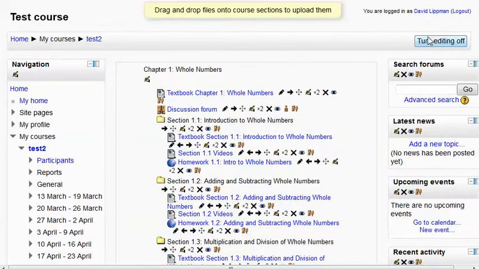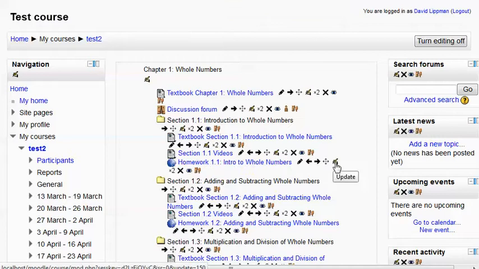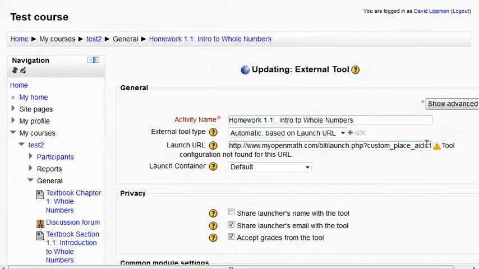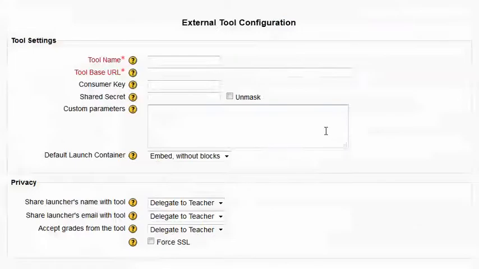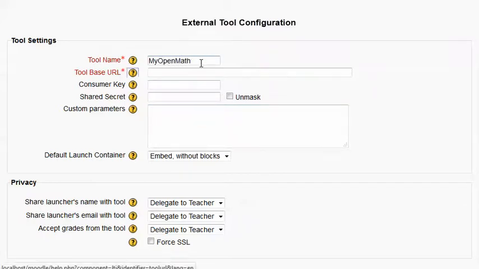So we'll go ahead and turn editing on. And then for one of these tools, we will click the little update icon. So notice it says tool configuration not found for this URL. And so under external tool type here, we'll click the little plus icon, which will take us into the tool configuration. So we're going to say MyOpenMath, and the base URL is